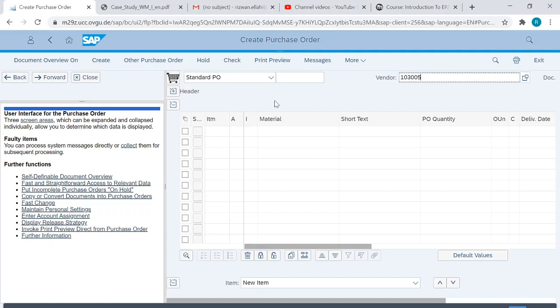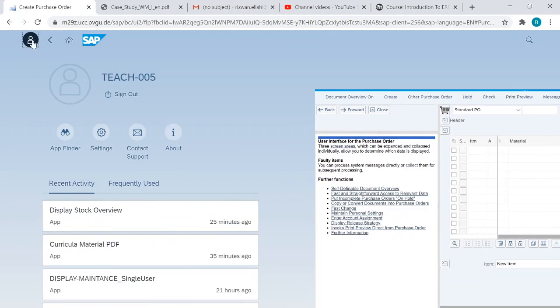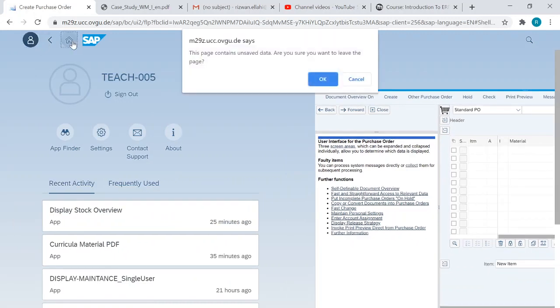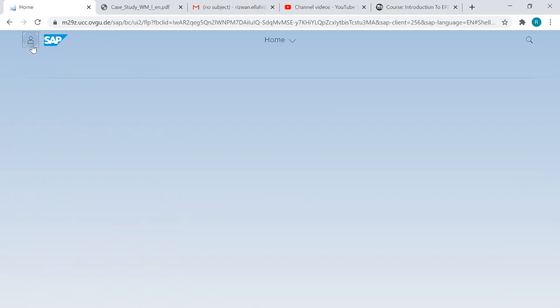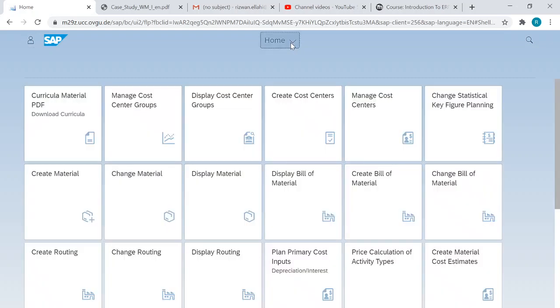If you find any problem of this kind, you can just go again from here, home, and this normally happens because of internet connectivity.